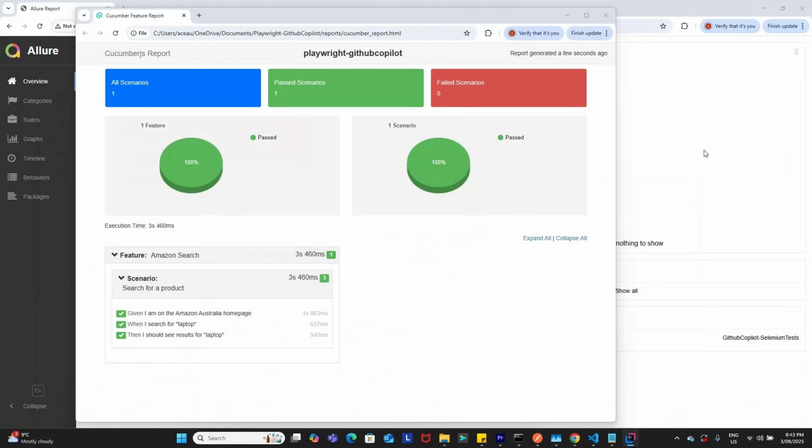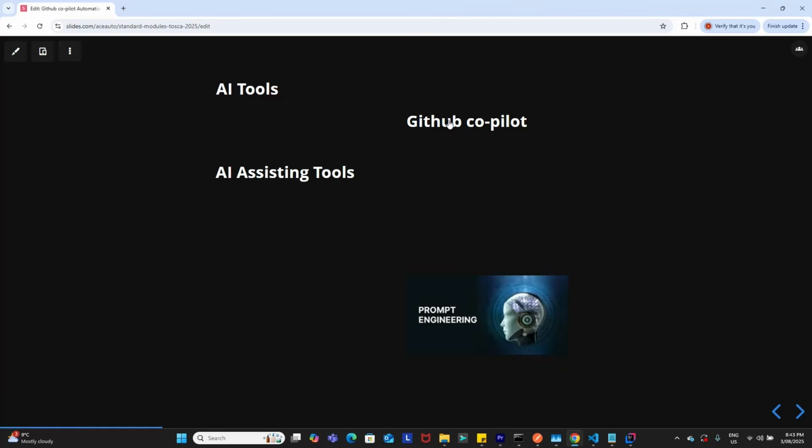Now, what will we be able to achieve? It's noticed that there are a lot of AI tools available currently in the market, and GitHub Copilot is one of the pioneers of helping with the setup of test automation frameworks and software development as such. It has helped the software development team as an AI assisting tool using the prompt engineering concept, and that probably increases the productivity of the software development teams as well as the test automation teams, and the productivity has increased by 55%. So you can see there is a lot of saving of time